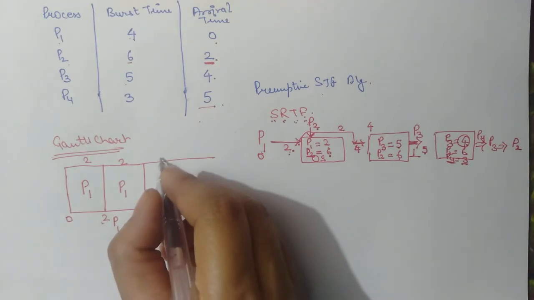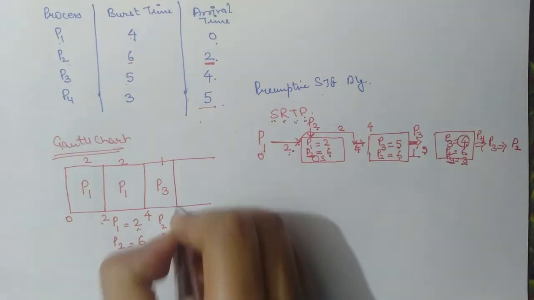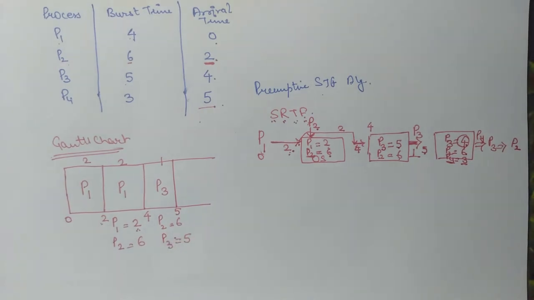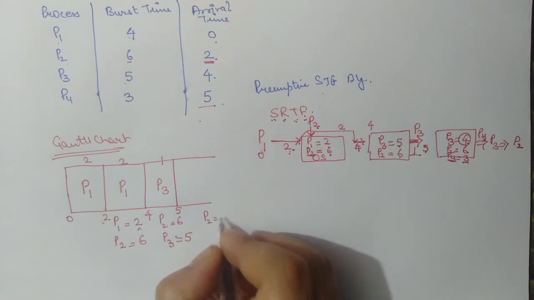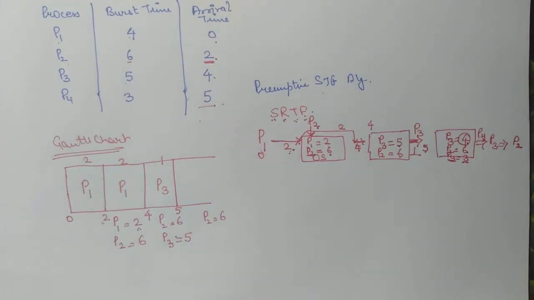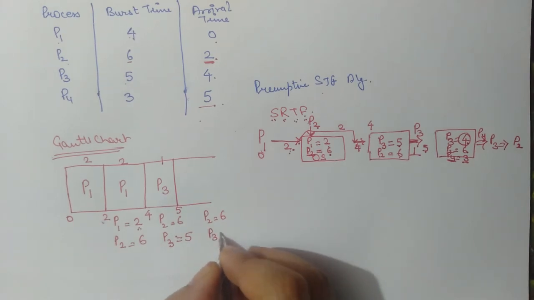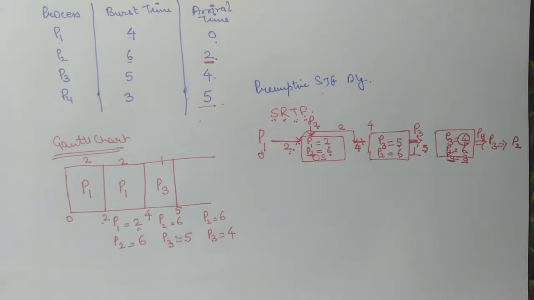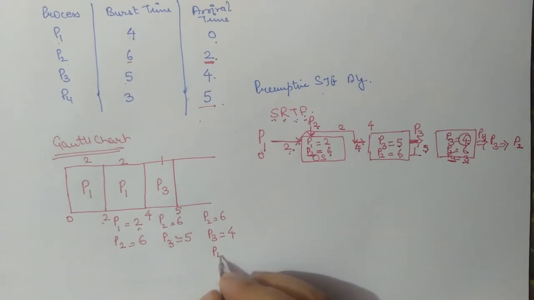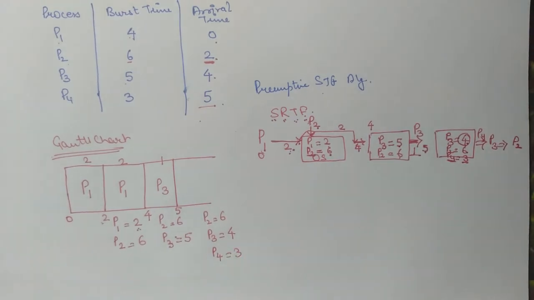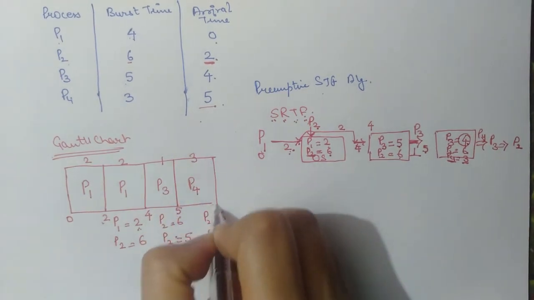Now when 1 millisecond of this process is completed, what is the machine time? It is 5. At 5 time units, the status of the ready queue is: P2 has burst time 6, P3 has completed its 1 millisecond and its remaining time is 4, and the new process which entered the ready queue has burst time 3. Now which process will get the CPU first? The one having the shortest time. P4 has the shortest burst time, so definitely it will get the CPU first and it will complete after 3 milliseconds.